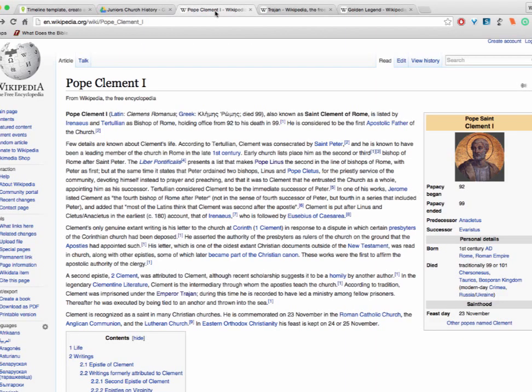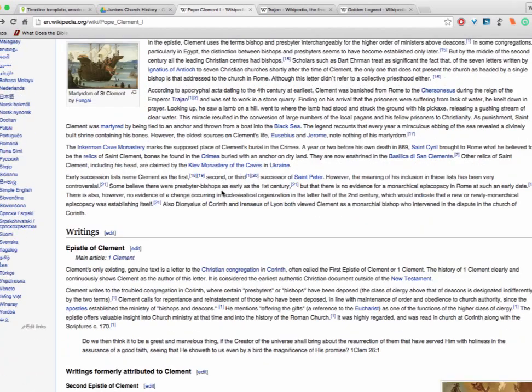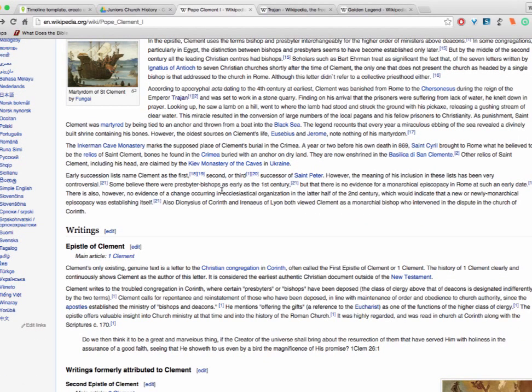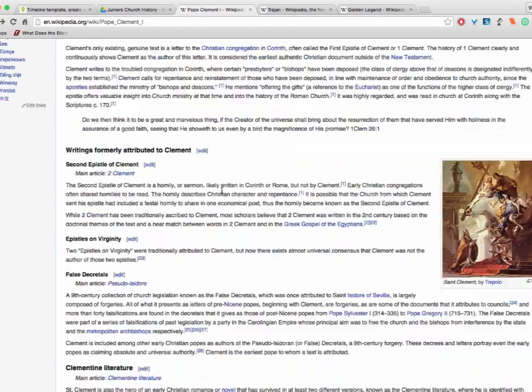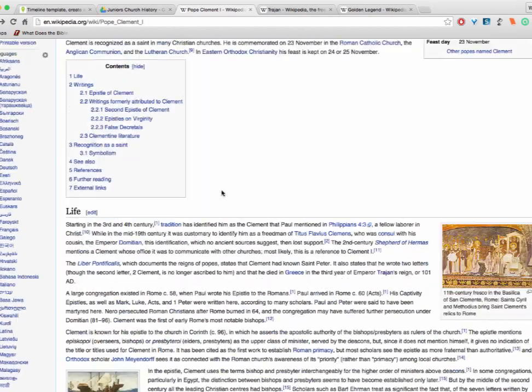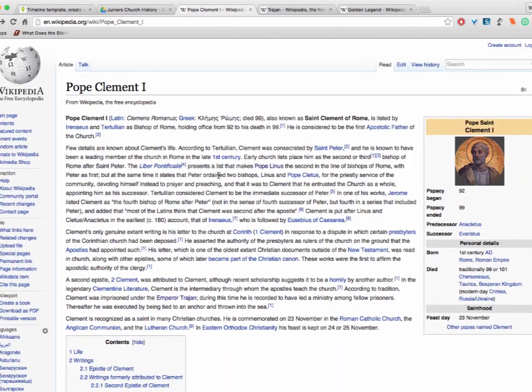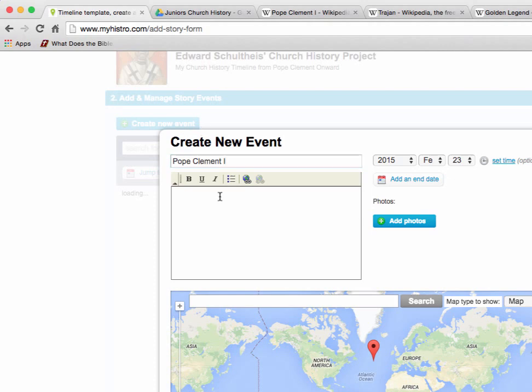So I have his Wikipedia entry open. I'll do research and I'll read a bit about him. You don't have to read the entire page, but enough so that you learn a bit about your starting point. I've already read over a good chunk of Pope St. Clement's information. So what I will do is I'll go back to my timeline and I will enter